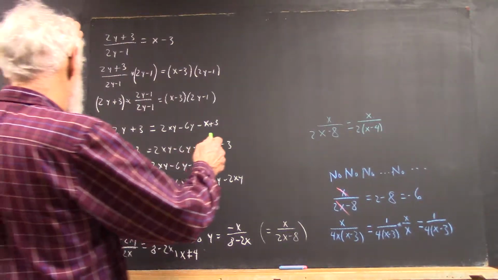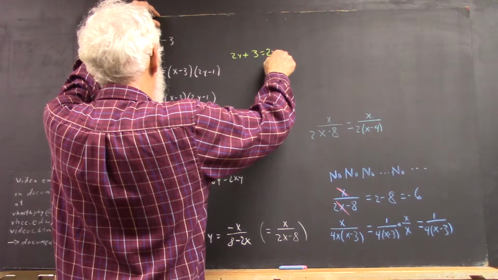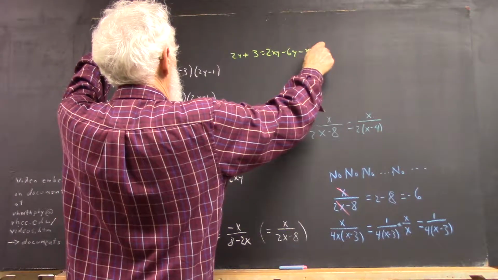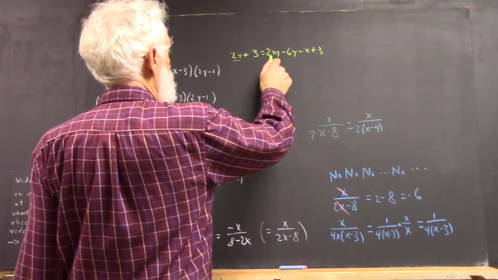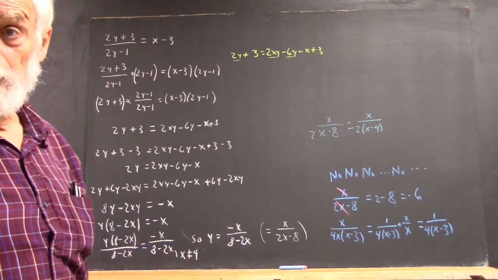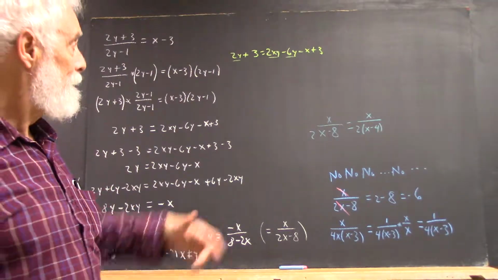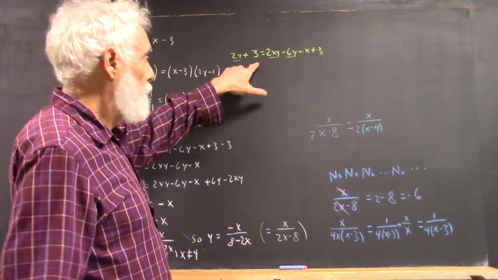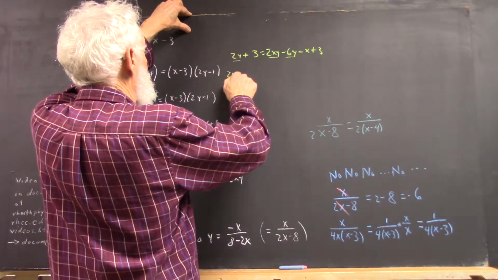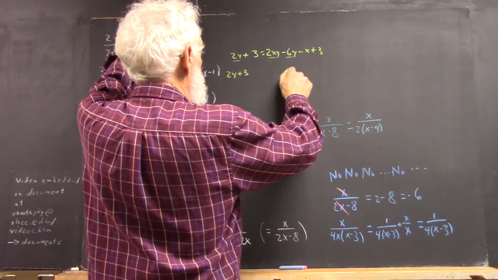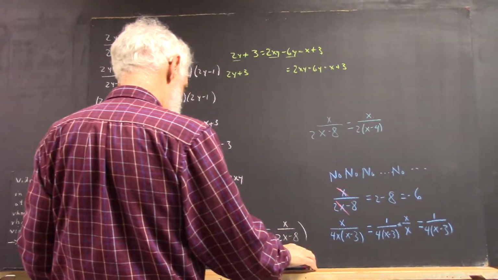And I think y'all are aware of it, but let's just say I've got 2y plus 3 equals 2xy minus 6y minus x plus 3. Now I know that I want all my y terms to be on this side. These are terms that have factors of y, right? So everything else I want to switch. I want to get this over here, and I also don't want this 3 over here. So what I'm going to do is 2y plus 3, leave myself plenty of room, is 2xy minus 6y minus x plus 3, and then I'm going